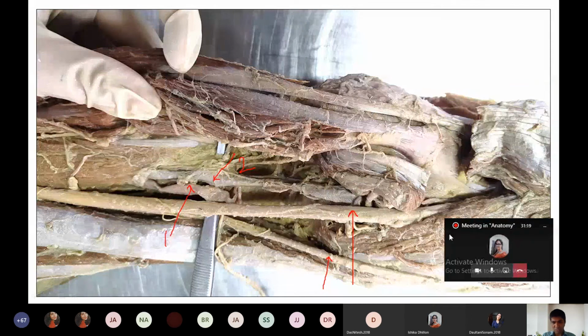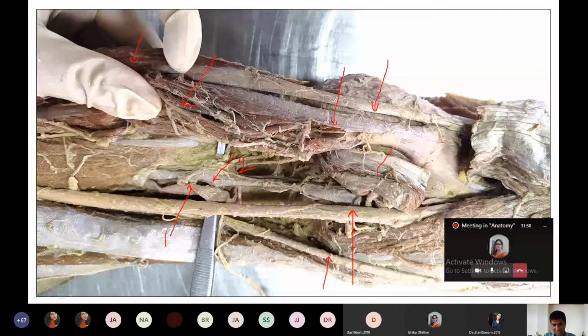Good. So after this, we'll go here into the end part. Same structures which we have discussed in the back of the thigh. Again, you can see here, this one is the semitendinosus, and this one is the semimembranosus. Do not confuse. Sometimes we can ask at the higher level, sometimes from the lower level. So the tracing of the structures you have to see later. I'll share all these diagrams. Till your examination, you have to focus on and review these structures. So this one is the semitendinosus, and this one is the semimembranosus.